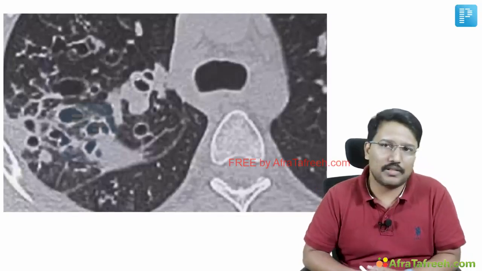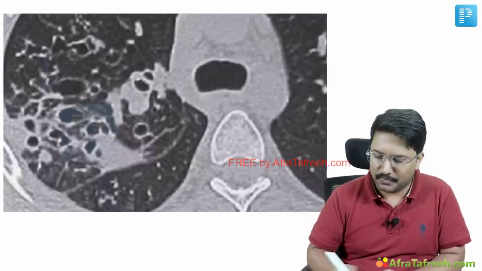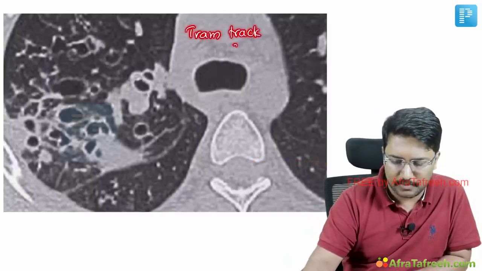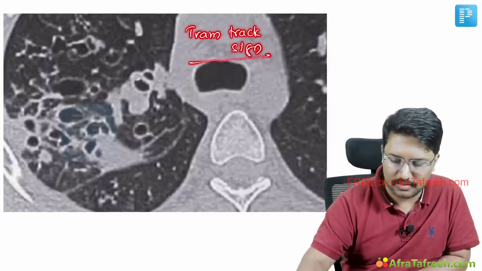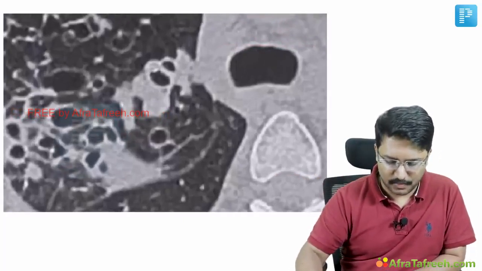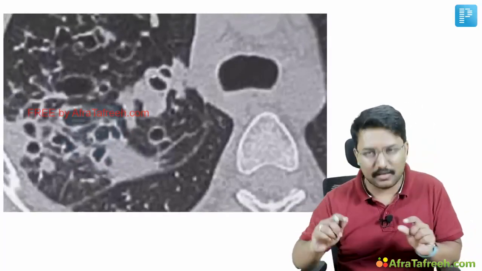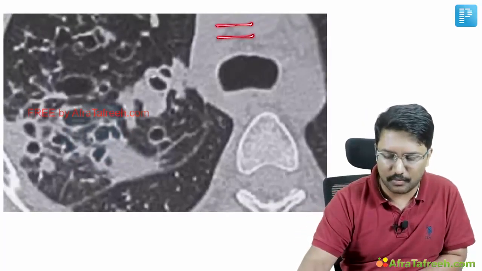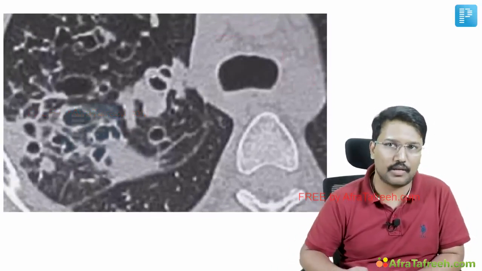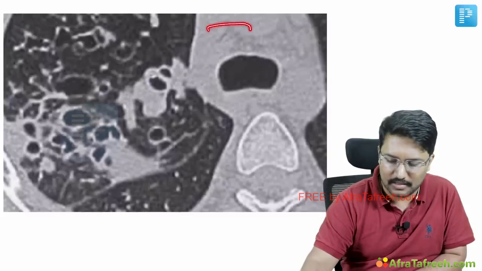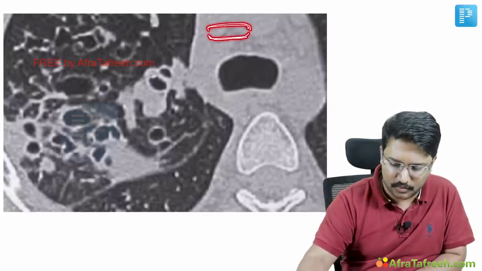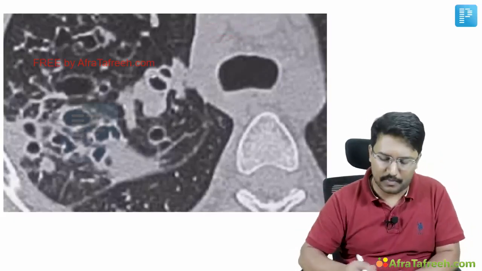So that on the CT gives rise to two important signs. Sign number one is what is called the tram track sign. These are thickened and dilated bronchial tree parts which are running parallel, because as I've already told you, it is cylindrical bronchiectasis. It is not saccular or cystic bronchiectasis that we are talking about in case of ABPA. Because it is cylindrical, the dilated segments have parallel thickened walls, right? So it looks like a railway track or a tram track.